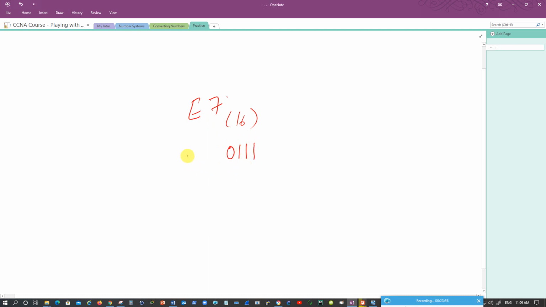And what is E? E is equal to 14, and 14 can be represented as 8 plus 4 plus 2, plus 0, so 1110. Together, 1110 0111, that's the answer. Simple. You got it from this to this easily. From here you can work out the octal number also by dividing the bits into 3 digits and writing down the number. Anyway, it's so easy for us to convert these numbers between different numbering systems.